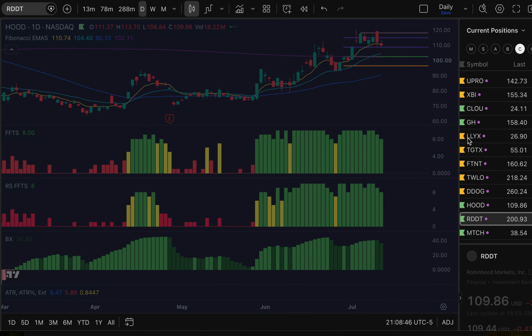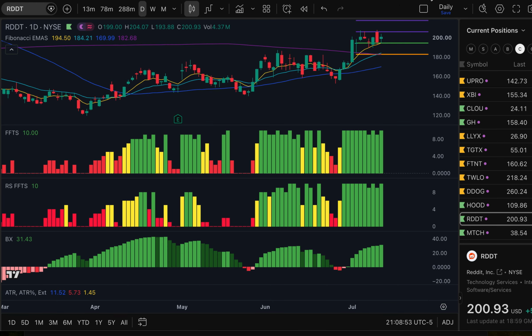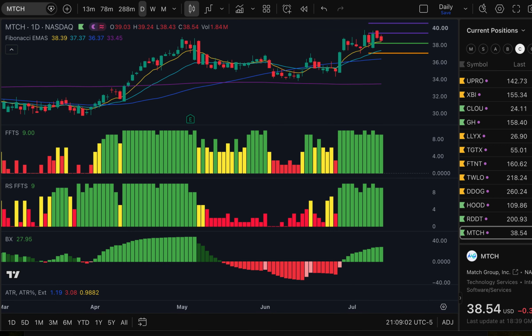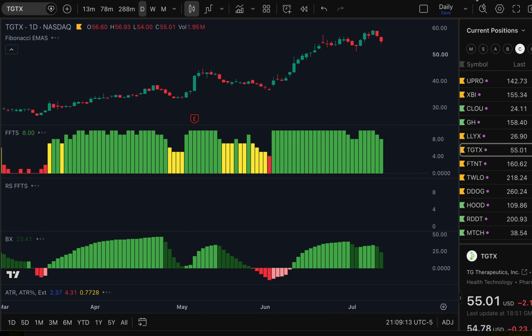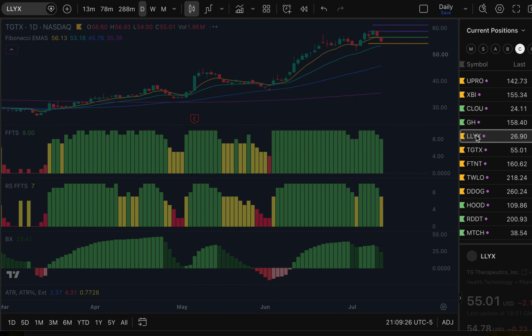And the kind of internet stocks, Reddit and Match.com. And then in the healthcare sector, TGTX, I believe this is a biotech, relative strength trend starting to fade today, so I'll be keeping a close watch on this. And Lilly,